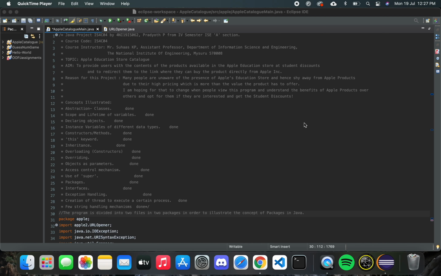This education store actually has great pricing, and I hope people who view this project feel that the project has helped them to understand about the education store of Apple, and they can make a wise decision while buying their next Apple product. Basically, the program here will provide users with the contents of products available in the education store